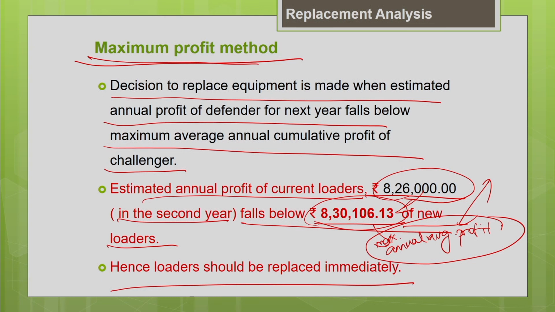But based on the intuitive method, we are not able to work it out in a more rational way. Hence the intuitive method can be used in addition to other methods like the minimum cost method or maximum profit method, to present a different view of the replacement analysis. So we cannot depend solely on the intuitive method. There is one more method which was discussed by Dr. James Douglas, that is the payback period method.